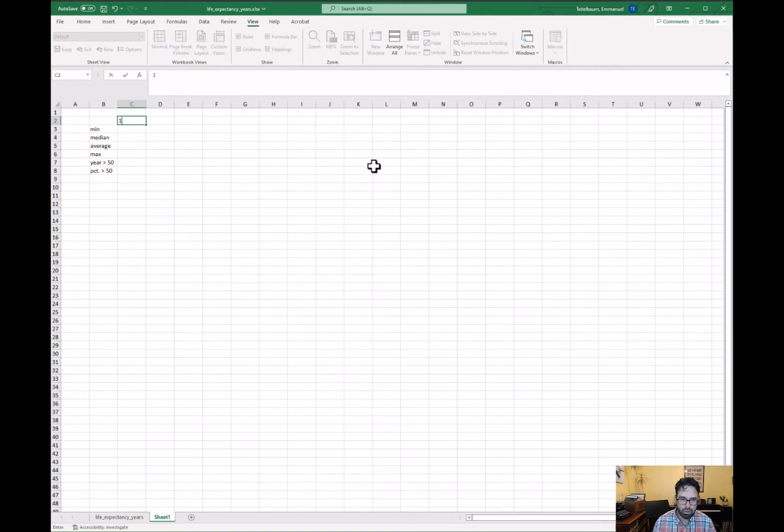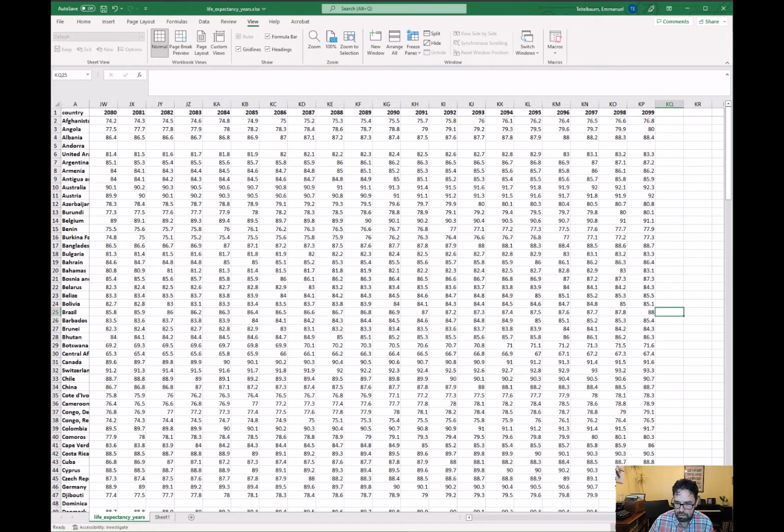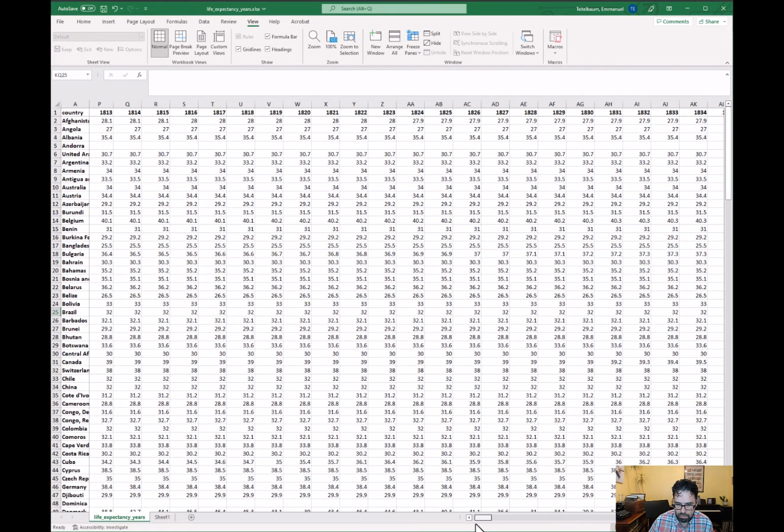The first thing we're going to do is the global average for a select number of years. So we're going to start off with 1799, 1899, 1999, and projecting into the future, 2099. Okay, and we're going to apply the min function for all the countries in 1799. So going back to our spreadsheet, we're going to go way back over here,